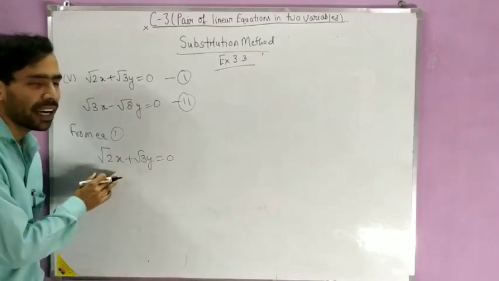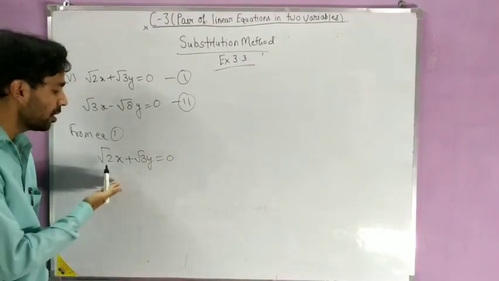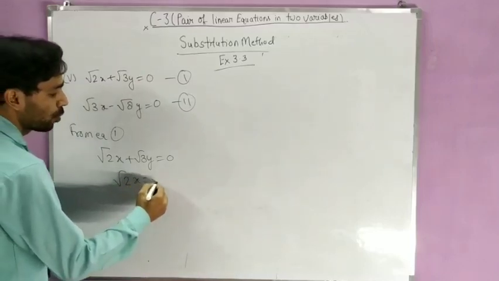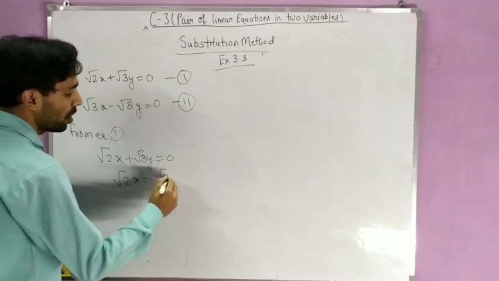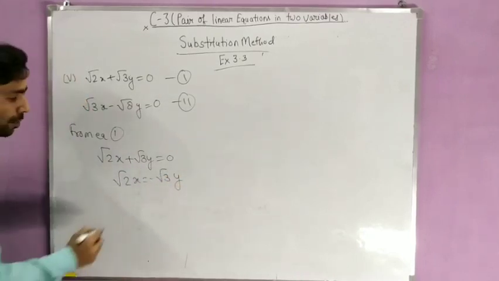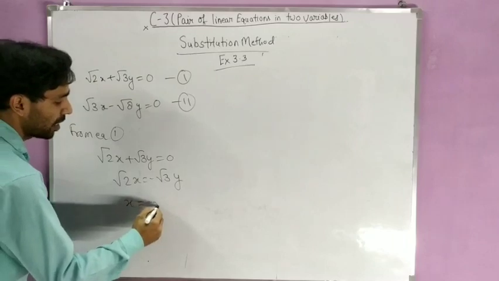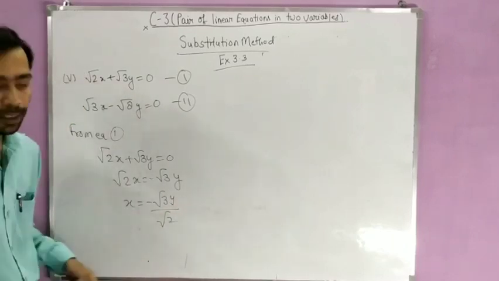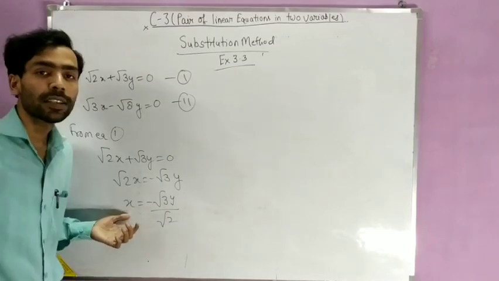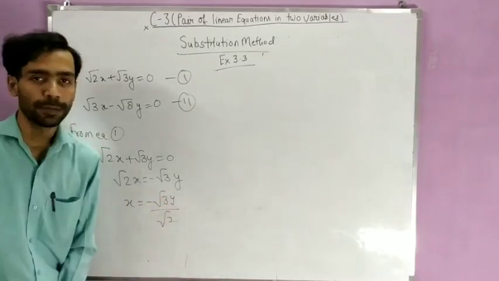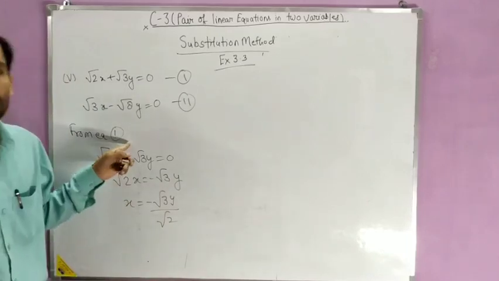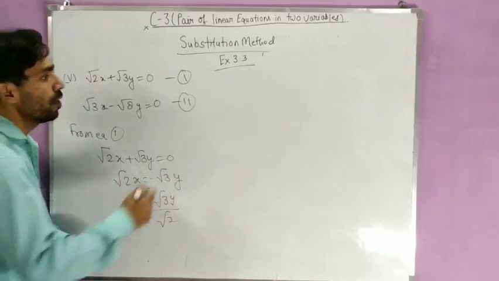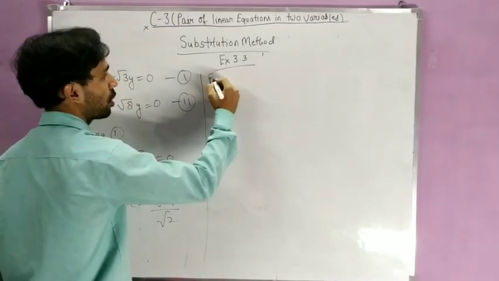Now take out the value of x or y. I am taking the value of x. So I can write root 2 x is equal to minus root 3 y, or x equal to minus root 3 y upon root 2. So we have got the value of x in terms of y. We calculated this value from equation 1. Now put the value of x in the second equation. From the second equation,